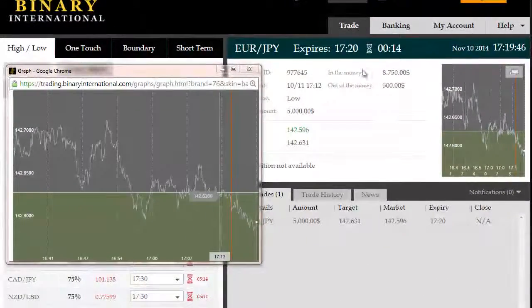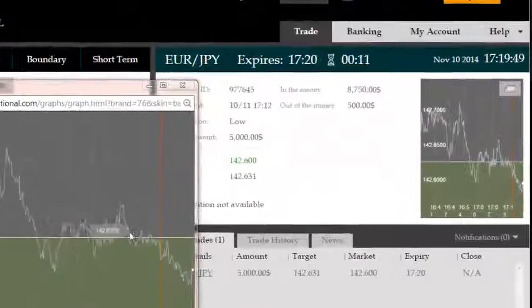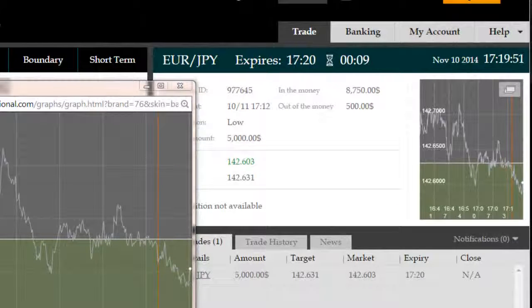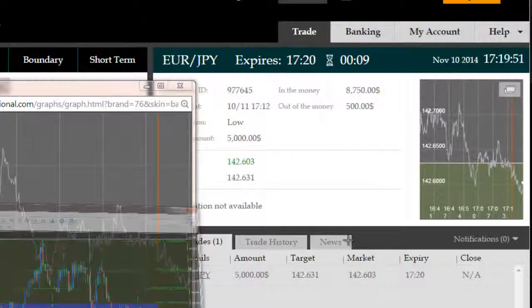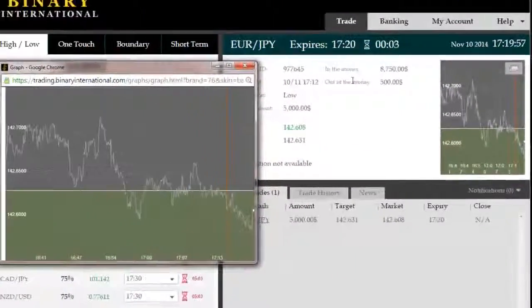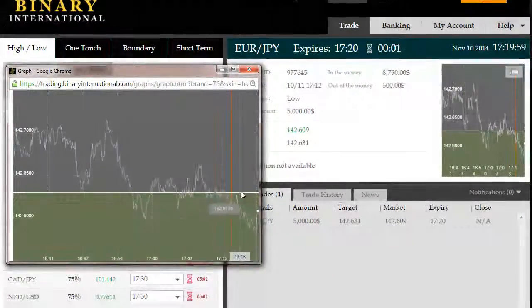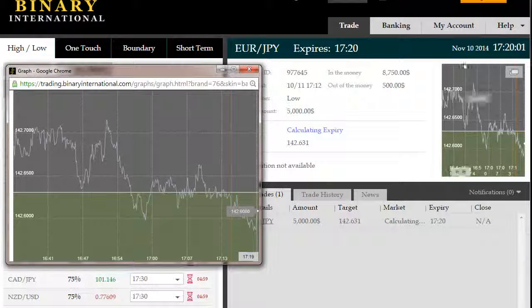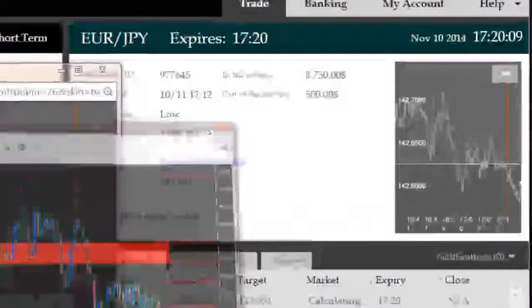All right, back again, just over 10 seconds remaining here on this Euro-Japanese yen trade that is due to expire in the money. The trade was taken on the basis of ITM Genesis Elite showing a rejection at high strength with a price action signal that very aggressively bounced off of that high strength boundary inside of the highest probability long reversal zone. Secondly, what we also saw was price breaking through that region multiple times and had successfully exited